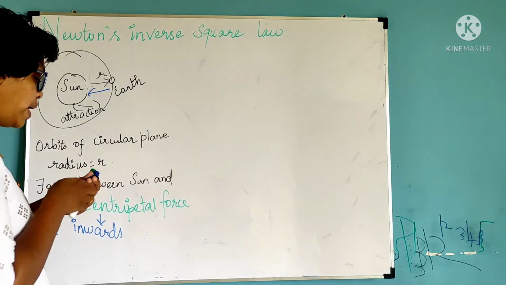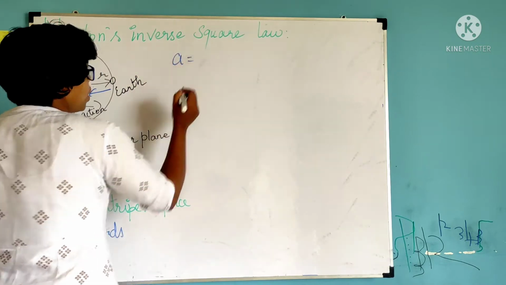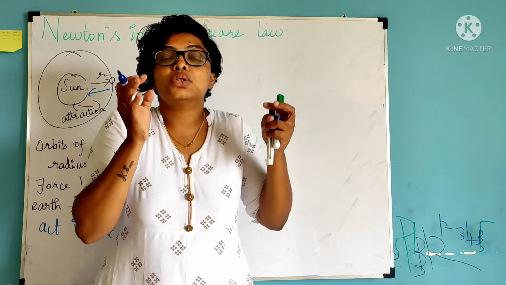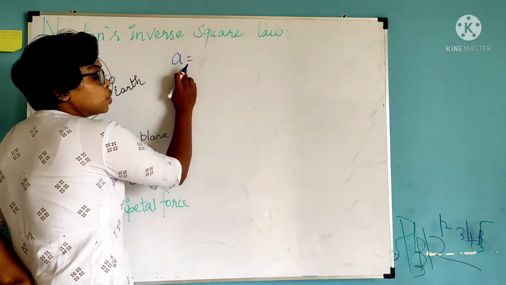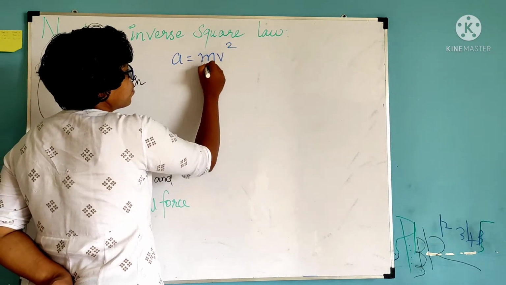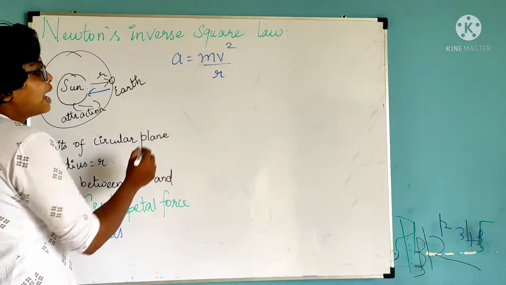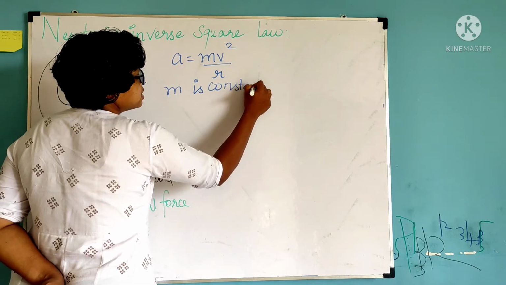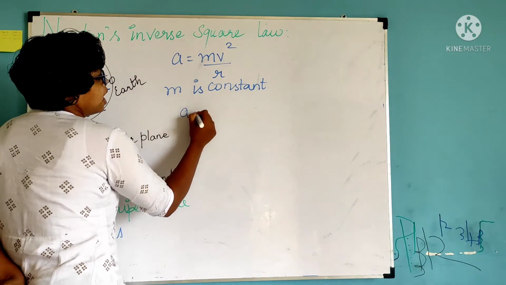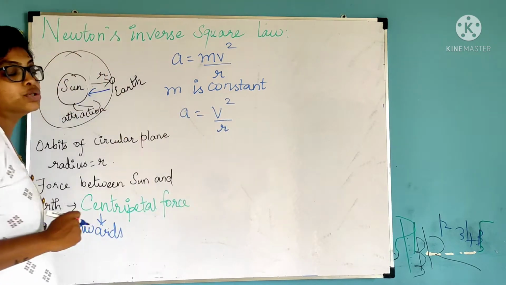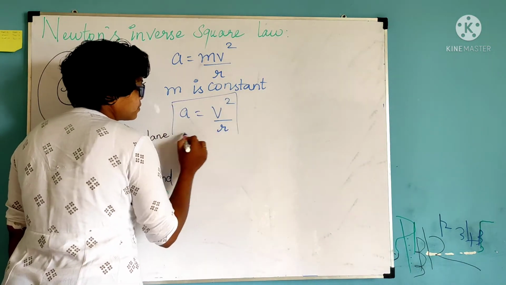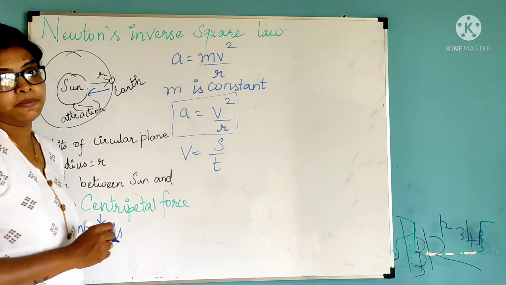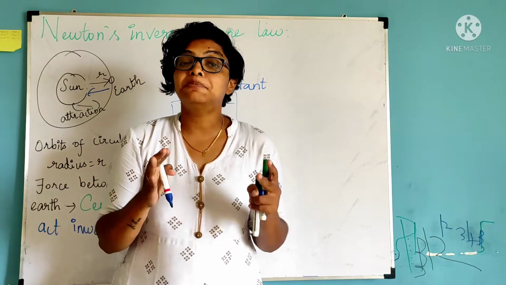So we have an equation for that. A centripetal acceleration. We know what acceleration is, right? The velocity by time taken. So a certain speed has to be maintained. So the centripetal acceleration a is equal to mv squared by r, where m is constant. Since m is constant, we can neglect m here, which gives a is equal to v squared by r. What is v? We know velocity is displacement by time. The basic formula of velocity is displacement by time.